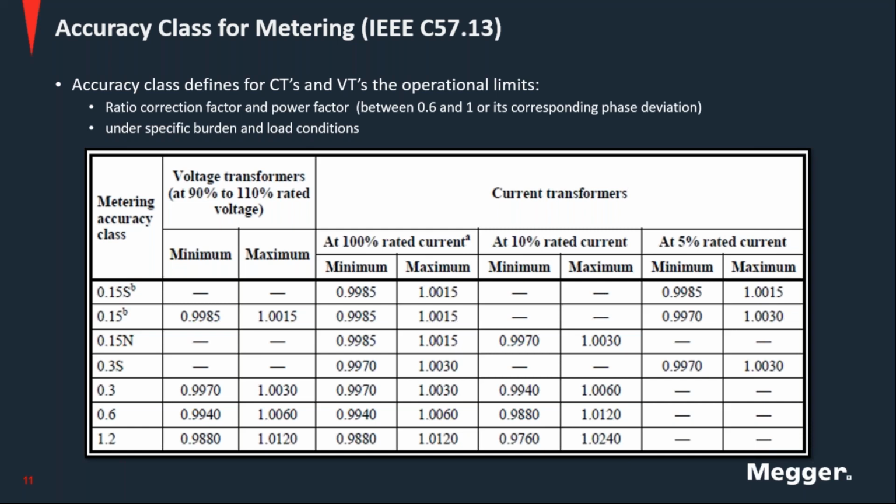So these transformers need to perform also down to certain levels. And that's why here we need to go down to 10%, different from voltage transformers. And again, you have the limits, the minimum and the maximum limit for the ratio error, for the ratio correction factor. Now, this is in relation to the construction of the CT, and this is what the manufacturer guarantees, but